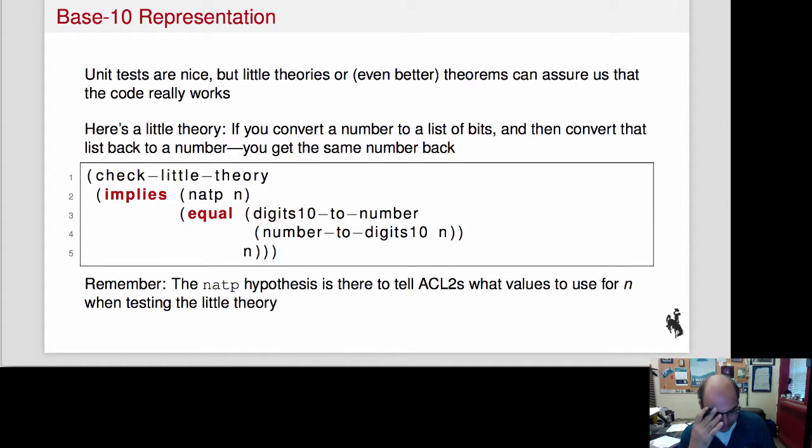Okay, so I can actually test that with unit test cases, right? So I can check that list to number of the list 5 to 1 returns 125, right? And I can check that the number 125, if I turn that into a list, I get 5 to 1, right? But here's something that I can do that's even better, and that is to actually do a little